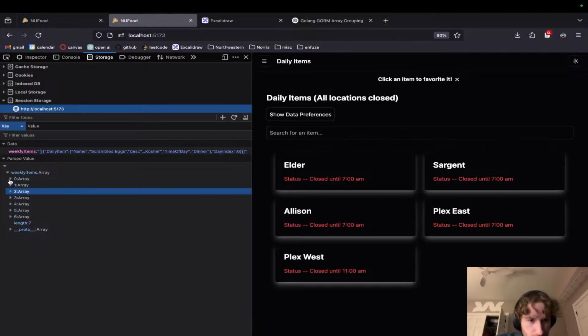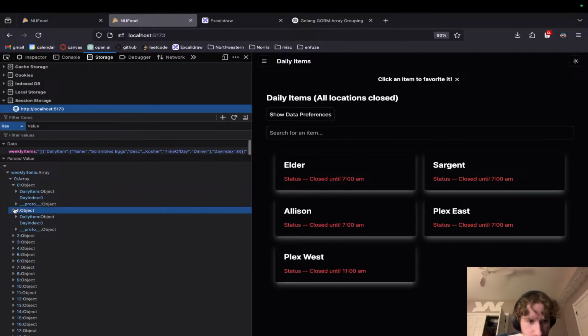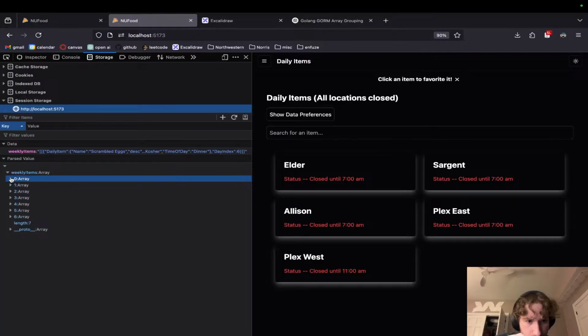Should have a length of 7, and then all of these should have a day index of 0. Cool. Okay, so now kind of what we need to do